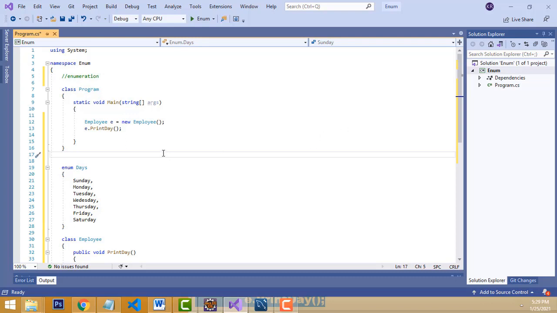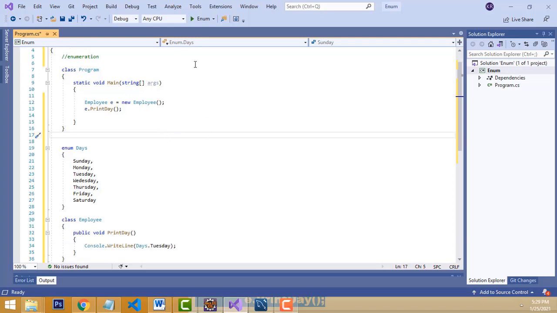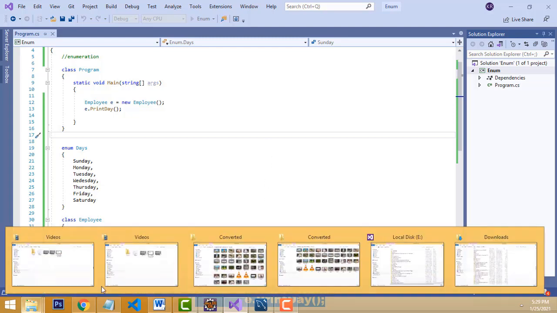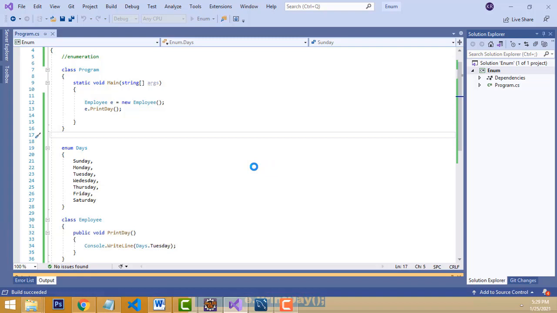Now when you execute the program, you will get the output as Tuesday. Let's see what the output will be. This project is building. Okay, it built successfully.